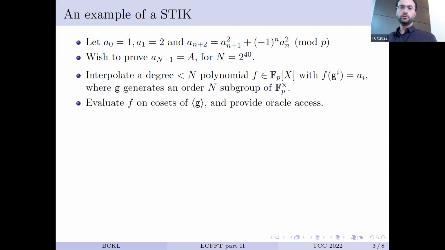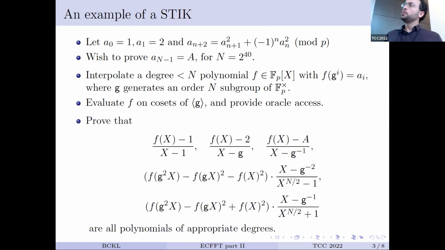So the first thing a prover will do is to interpolate a polynomial of degree 2 to the 40 that achieves exactly these values a_i. And this polynomial will be evaluated on a cyclic subgroup of order 2 to the n of a multiplicative group, such that at g to the i, the value will be a_i, where g is the generator of this subgroup. And after we interpolate this polynomial, we evaluate this polynomial on other cosets of this subgroup. So other sets of the form c times g to the i for all values of i. And the fact that we can interpolate and evaluate this polynomial on different subsets, this is exactly what we get from having an FFT. So we can do it in quasi-linear time.